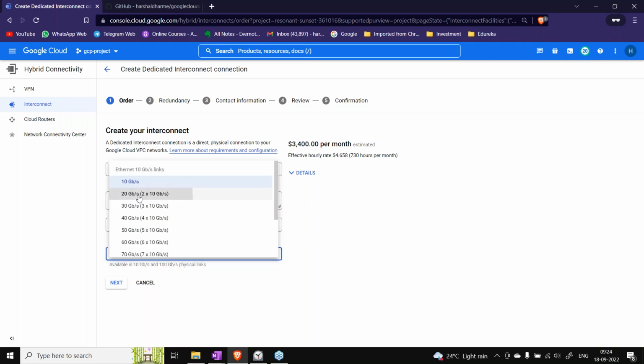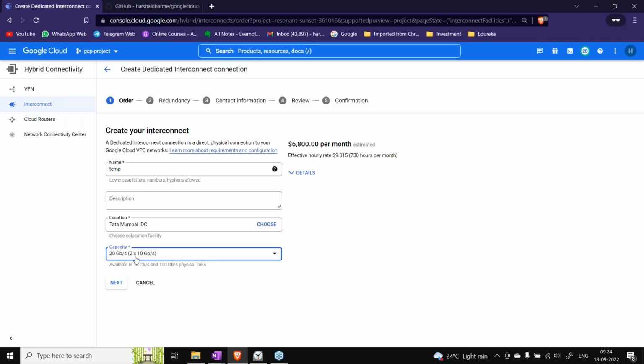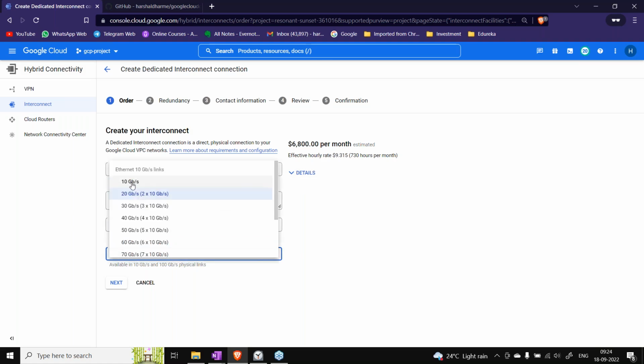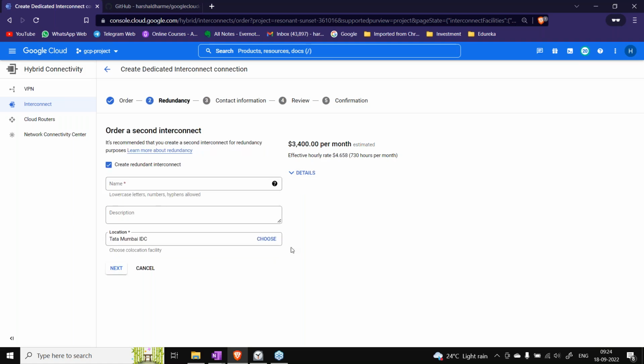So depending upon the capacity, the costing will increase. This is a way expensive solution. Okay, so if I go with the basic one, go to next. If you see here, it is also creating a kind of high availability interconnect connection both ways.